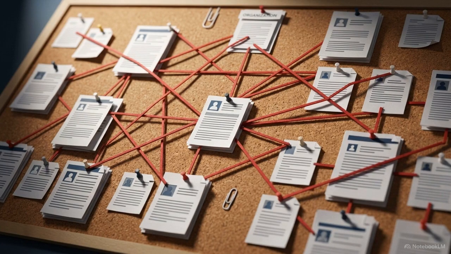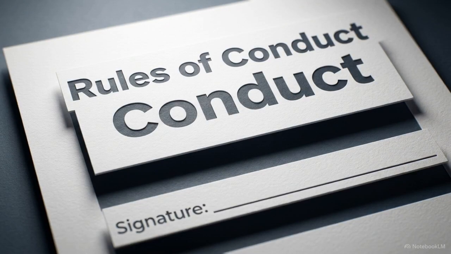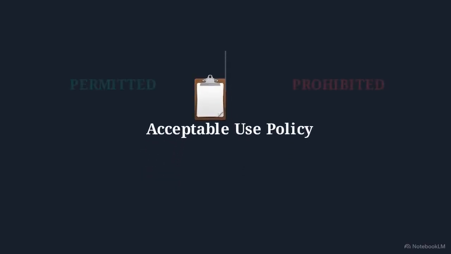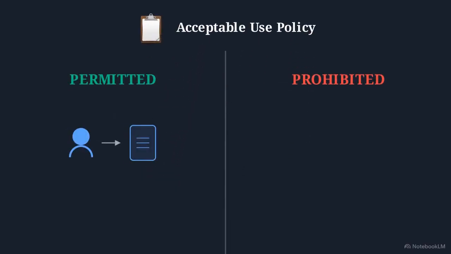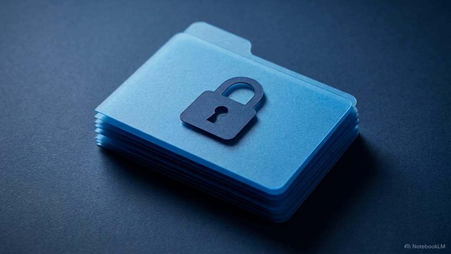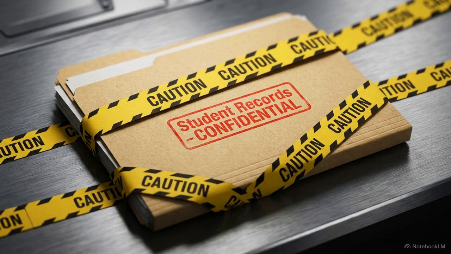and data. The most prominent of these is the Acceptable Use Policy, or AUP. This document establishes exactly what users are permitted to do on the application and explicitly states what behaviors are prohibited. These policies also include data handling rules. They are necessary to classify sensitive information, like student records, and specify exactly how that data must be protected.